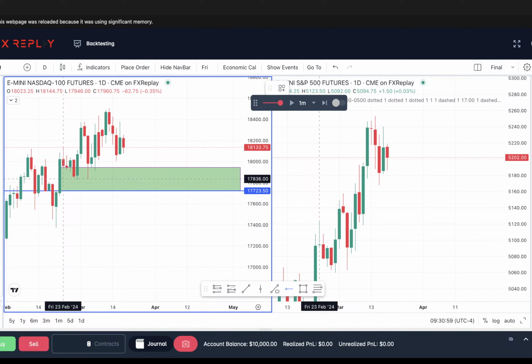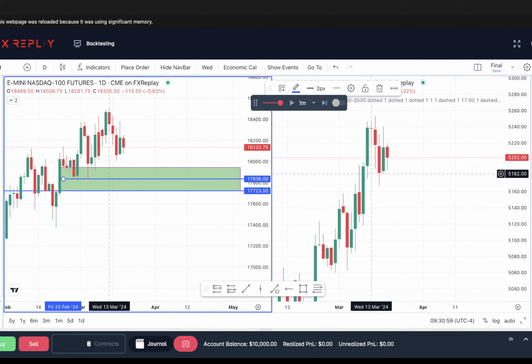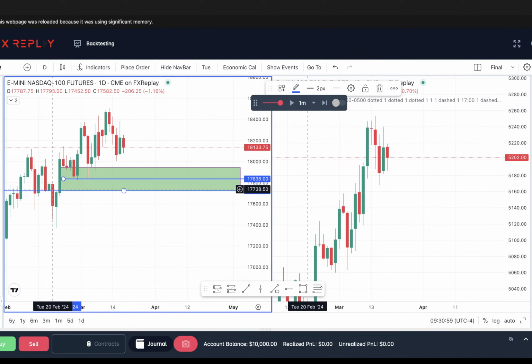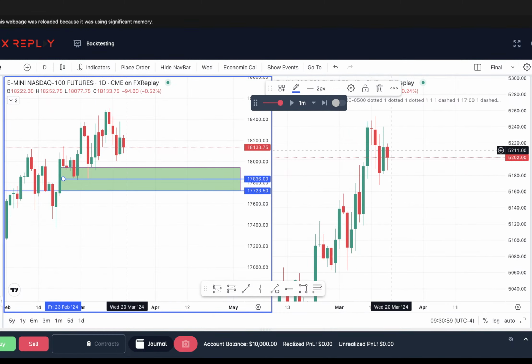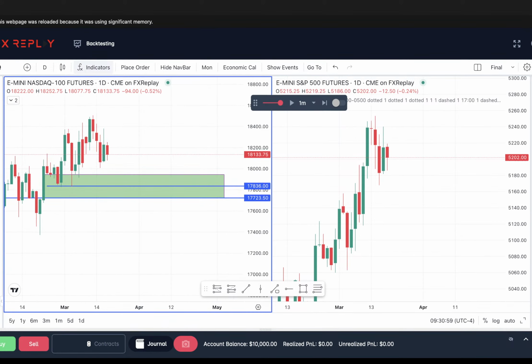Now, liquidity on the daily, we do have equal lows down here. Fair assumption. Now, on ES, it still stopped it out. This is equal lows. This is the SMT, but obviously this is a previous day. But this low didn't quite sweep out this low. On ES, it swept it, and then they both reversed from there.